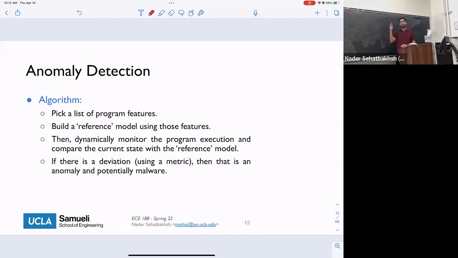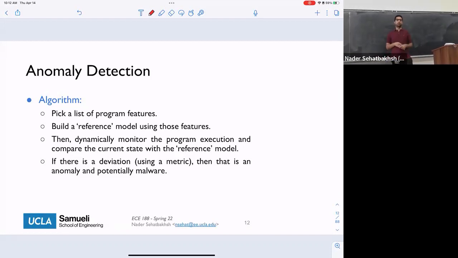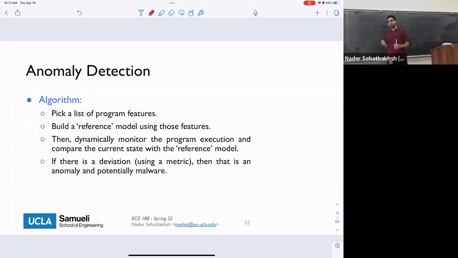So you basically need to follow 4 steps, right? You first need to pick which behaviors, which features, you want to monitor from your system. We're going to talk about this later in the next slide. Then you need to build a reference model for your system. You need to model with as comprehensive a coverage as you can, in order to say that these are the range of things that are normal for this device.